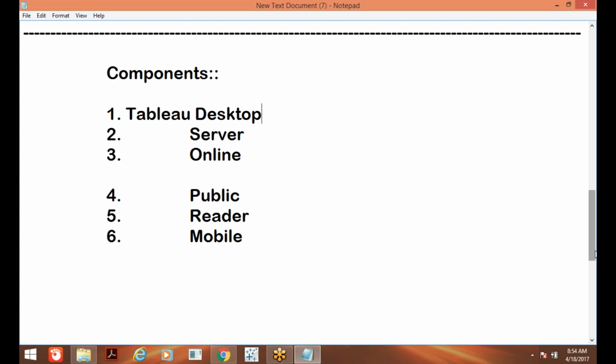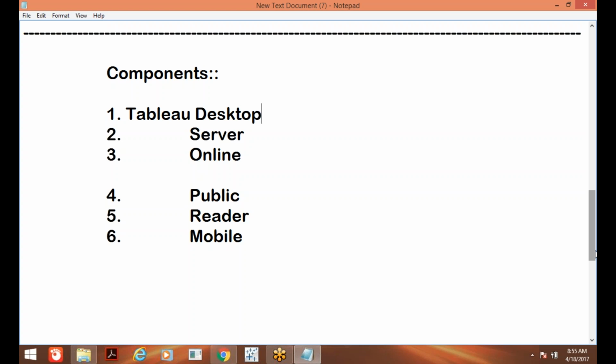For that, Tableau Reader comes into the picture. By using Tableau Reader, anybody can read the reports without having Tableau software in their system. It is like a web page, generally. And Tableau Mobile, in the sense, is also a reader, but on the mobile, like read access in the app. Yes, I said that mobile access is there now, that is this one.